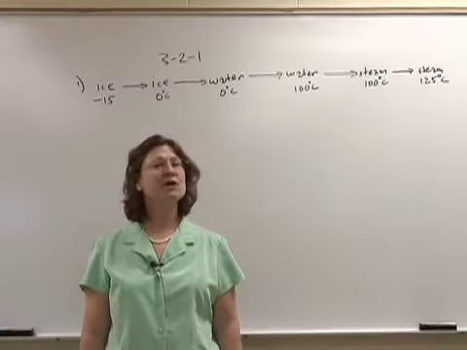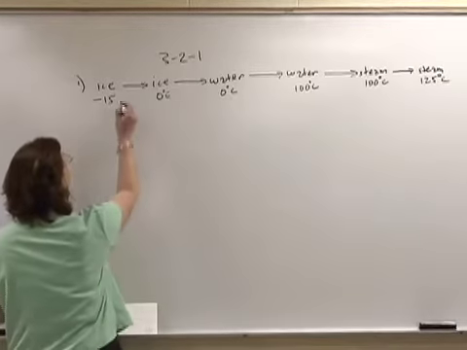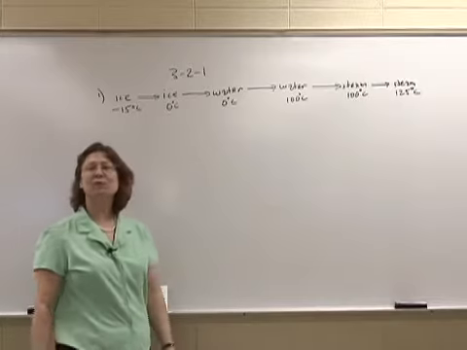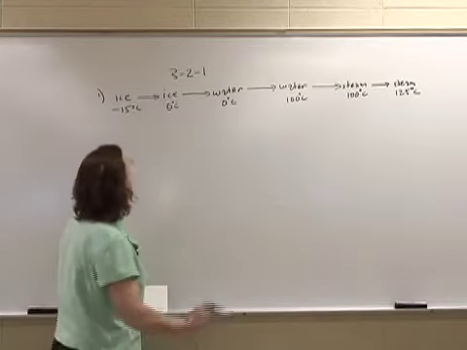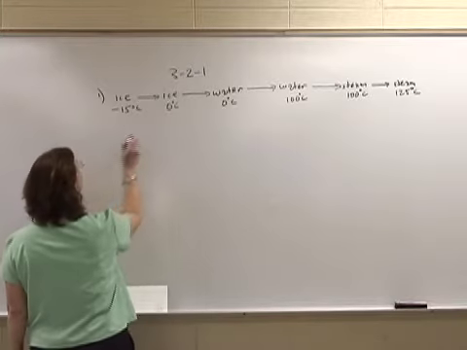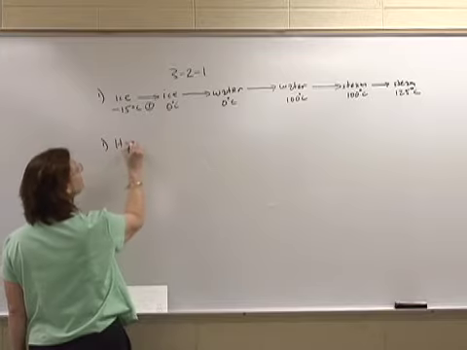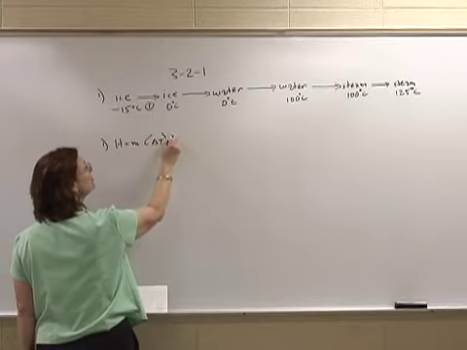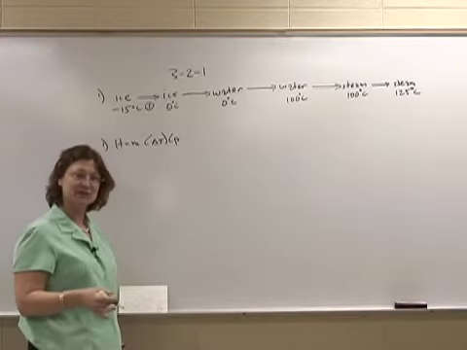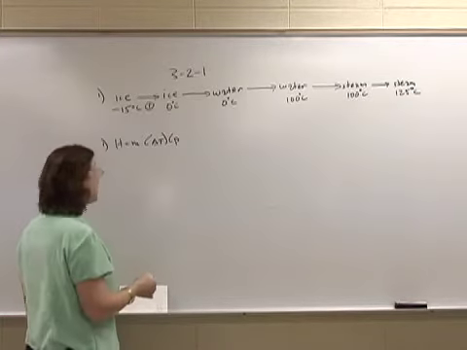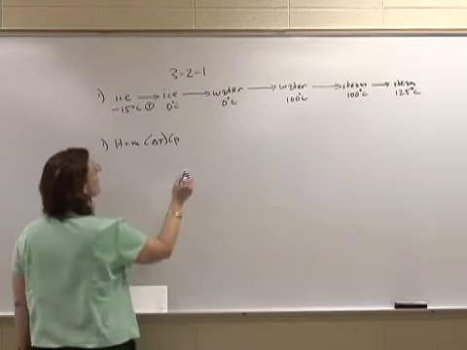In number 1, we are changing ice at minus 15 degrees Celsius to steam at 125 degrees Celsius. And we have to do this in steps. And the first step is a temperature change where heat is equal to mass times the change in temperature times the specific heat capacity. And we have to use a specific heat capacity based on the state that this compound is in. And the mass that we are given is 1.5